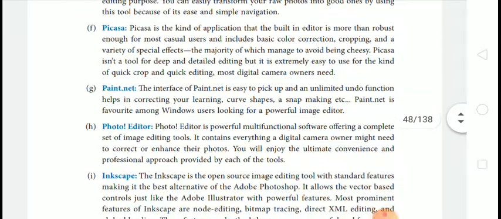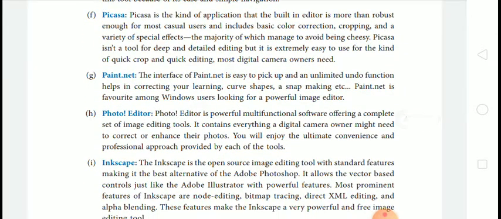Then next is Picasa. Picasa is the kind of application whose built-in editor is more than robust enough for most casual users and includes basic color correction, cropping, and a variety of special effects, the majority of which manage to avoid being cheesy.